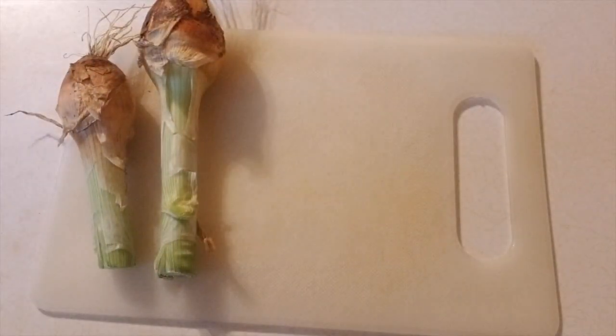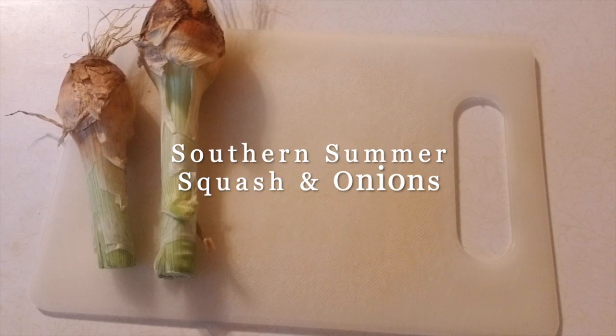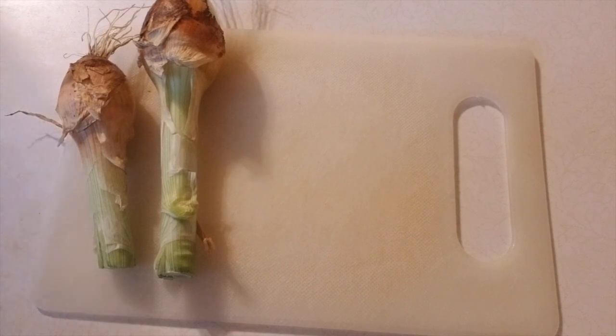And it's something that I've seen on YouTube. I wanted to know different squash recipes. So I saw a squash and onion recipe that I wanted to put together for my dinner that I figured would be kind of good for the family. So I washed off my squash,